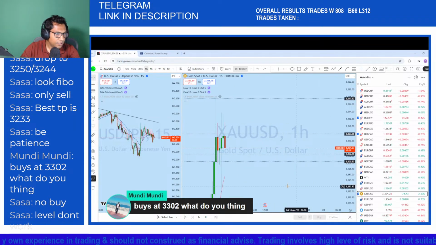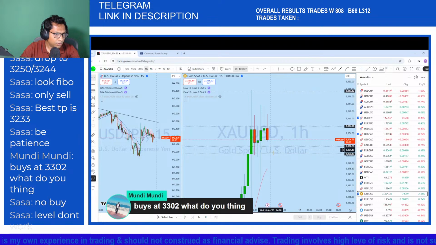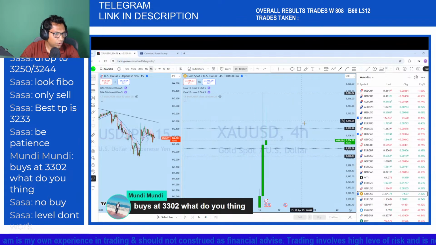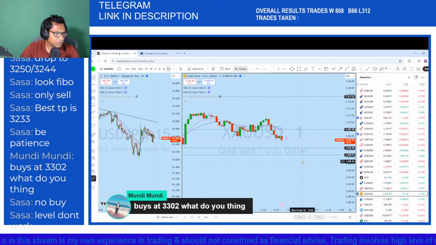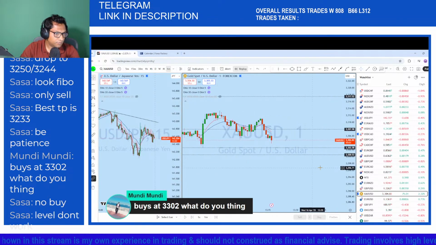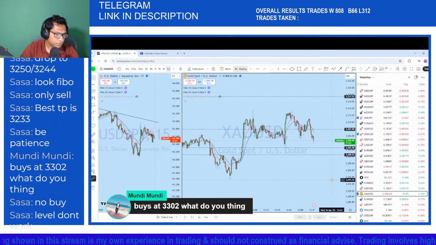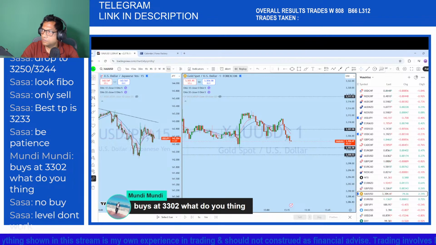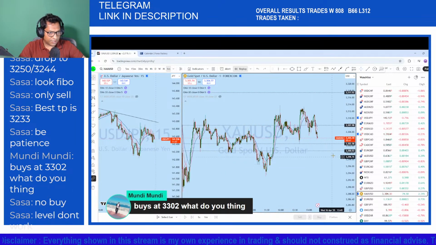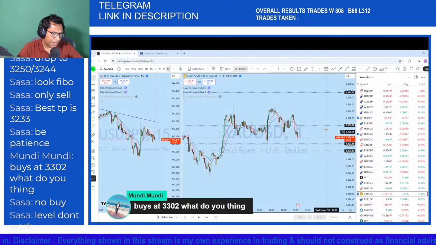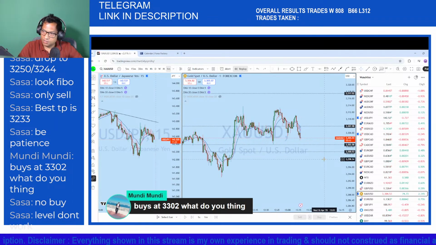If we look at the previous hourly low, and the 4 hour, which is also dropping to the 4 hour low, as this market is in that directional bias where the price is